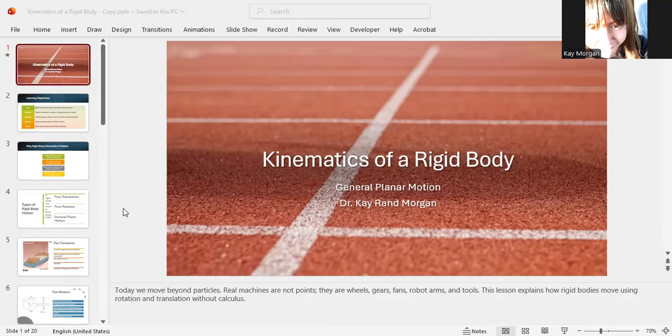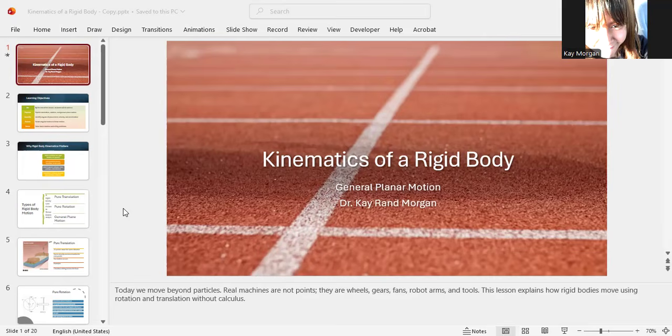So this chapter is going to focus on the kinematics of a rigid body, and you really need to understand what kinematics is. That means we're studying how these rigid objects move and not why they move. We're not using forces yet, just the motion. Especially, we're going to study general planar motion in this lesson. I already explained what it is a few minutes ago, but I'm going to repeat it so you get it.